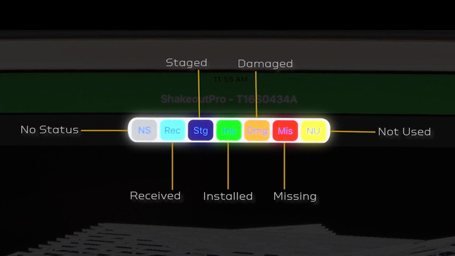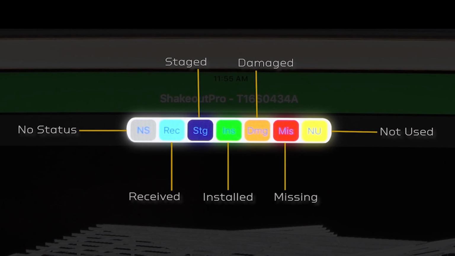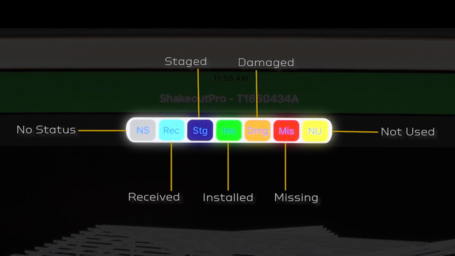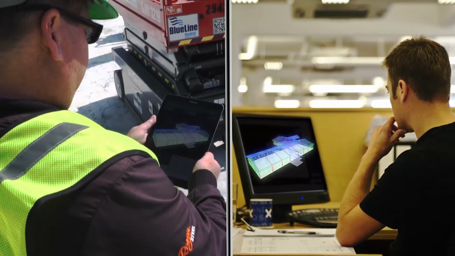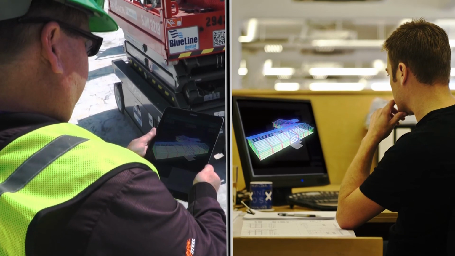When your device is connected to the internet, the status of your parts is automatically saved to the cloud every 30 seconds. When not connected, statuses are stored locally on your device and then saved to the cloud once an internet connection is established. Anyone who opens that same job number will be able to see the up-to-date statuses. But we do recommend that you designate only one person to be responsible for statusing on any particular project to